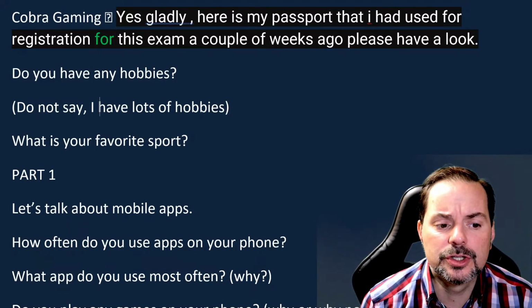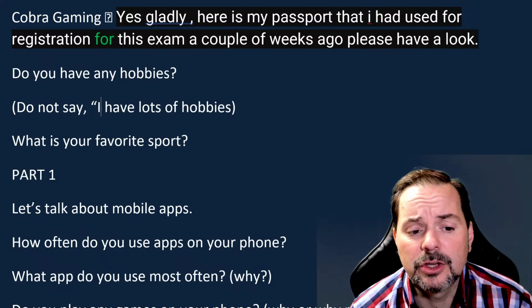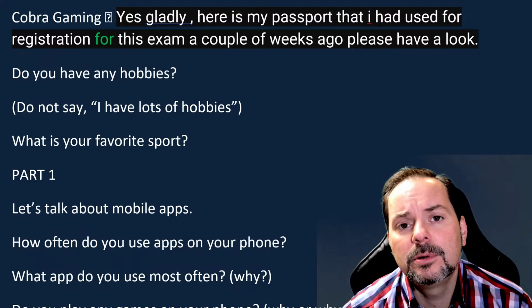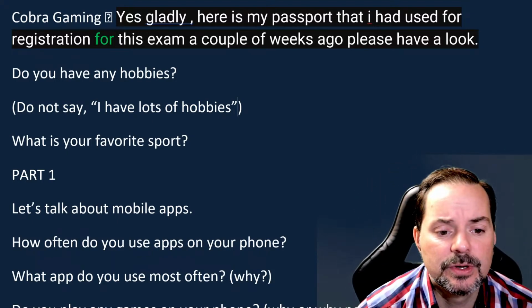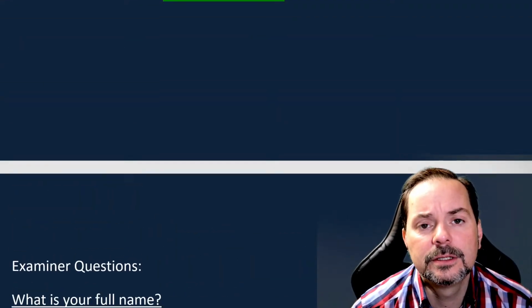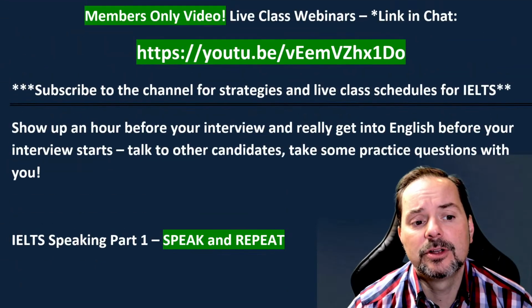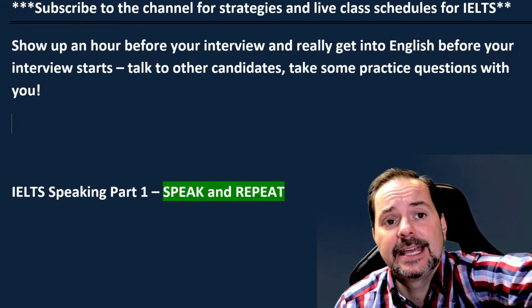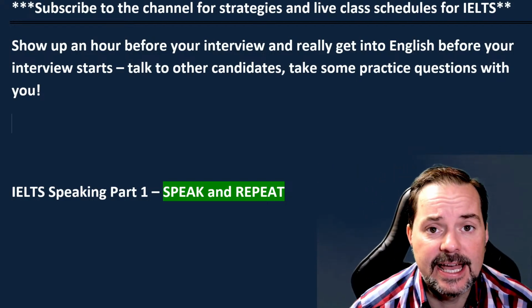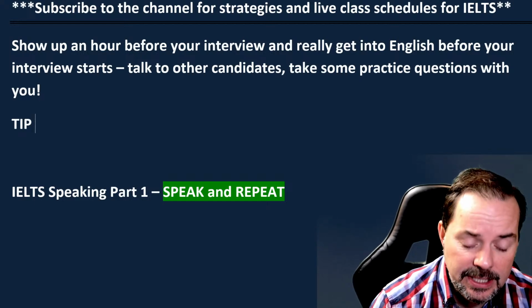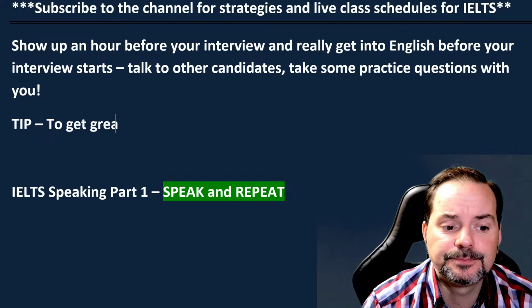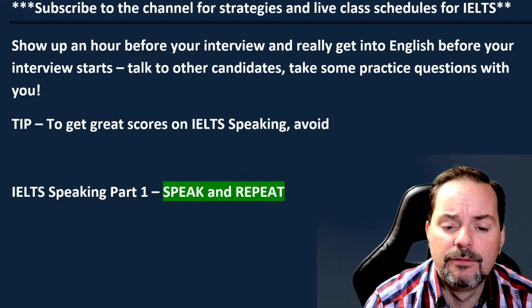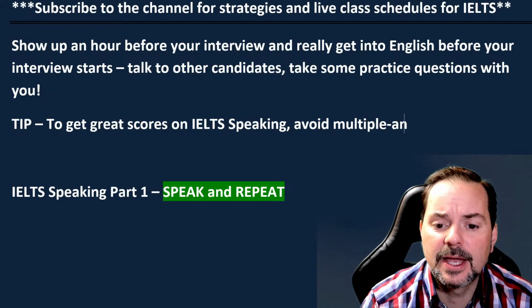The trick to getting a good score in your IELTS and to making your life a little bit easier is just to focus on a couple of the top level answers, okay? Avoid multiples and avoid negatives, okay? So when you're practicing before your test and during your test, focus on this, okay? This is a really important tip. So to get great scores on IELTS speaking, avoid multiple answers